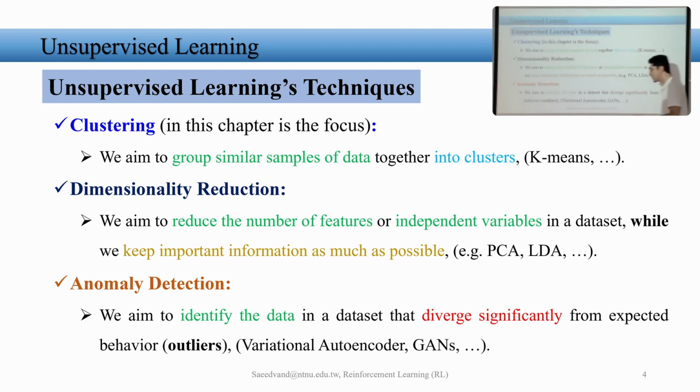Especially in image processing and robotics applications, like when your robot has a LiDAR scanner and you scan the environment, like I'm scanning the environment, and that's a wall, right? All the 3D point clouds are supposed to be not farther than that wall. But suddenly you see in your data that some of the points are infinity, or like 10 meters away. But there is a wall, it's impossible that your scanner can scan it. So those are outliers. We can use unsupervised learning for anomaly detection in order to reduce this complexity.